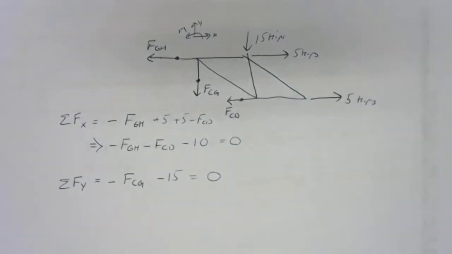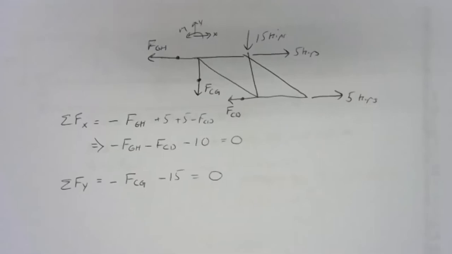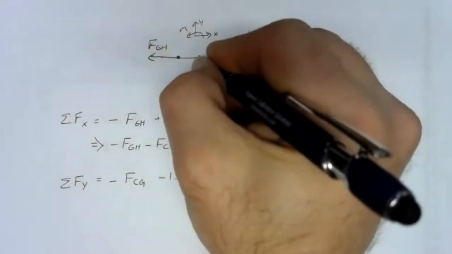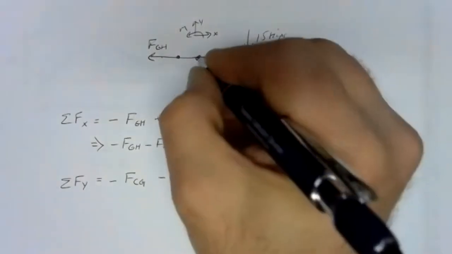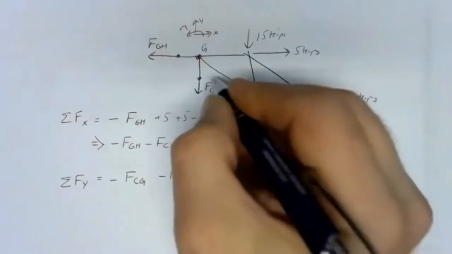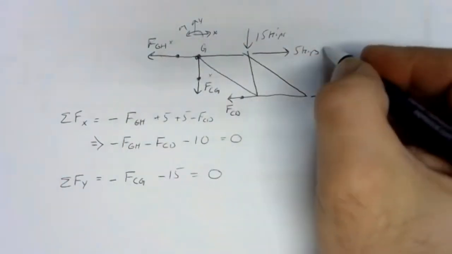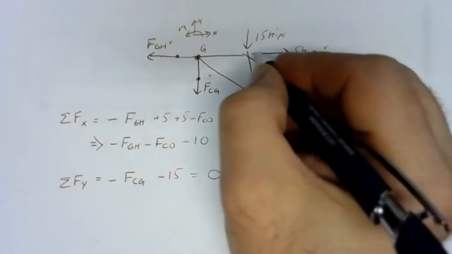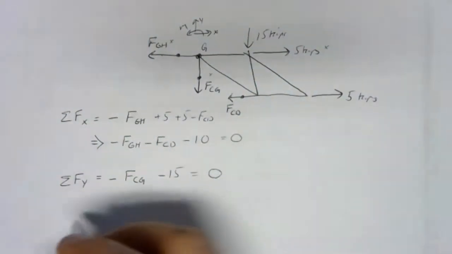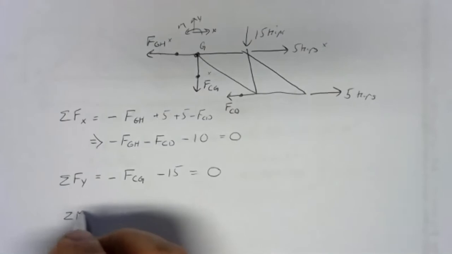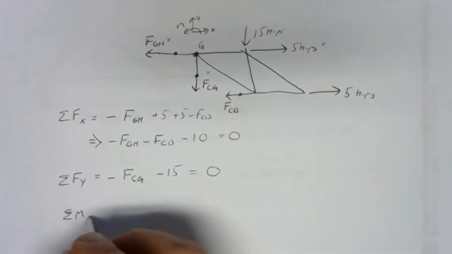Then we need to pick a pivot point, and generally picking the pivot point at the intersection of the lines of action of the most unknowns will give you the best benefit. In this problem, that's going to be joint G. So we'll take our moments about joint G because that's going to knock out FCG and FGH. It's also going to knock out this 5 kip force since its line of action goes through G. So if we take our sum of moments about G,